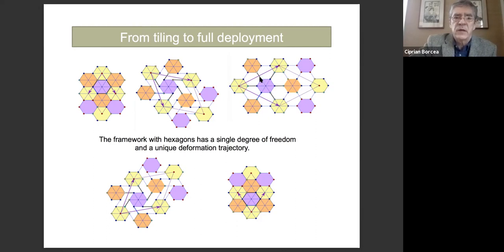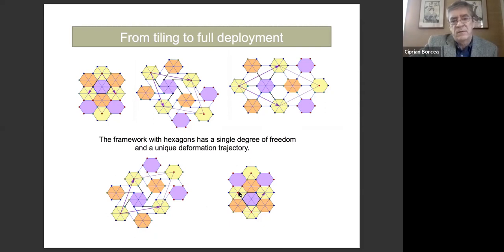You see now the reference arm number one is positioned along the diameter of the central hexagon. And we may continue this way, and then we will fold from the deployed position back to a more compact position and reach here